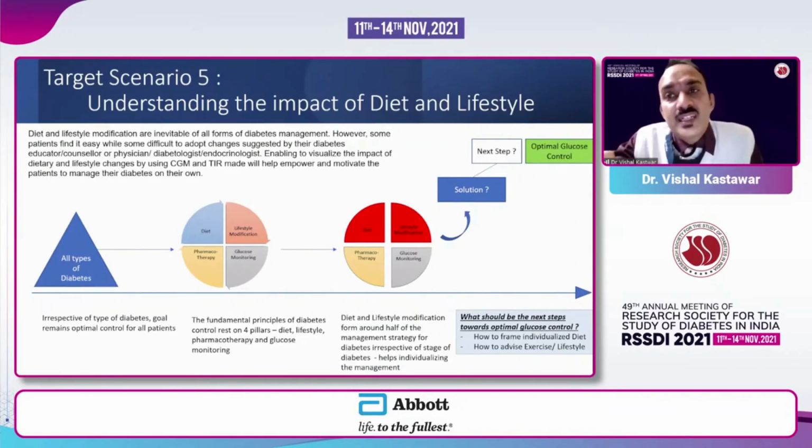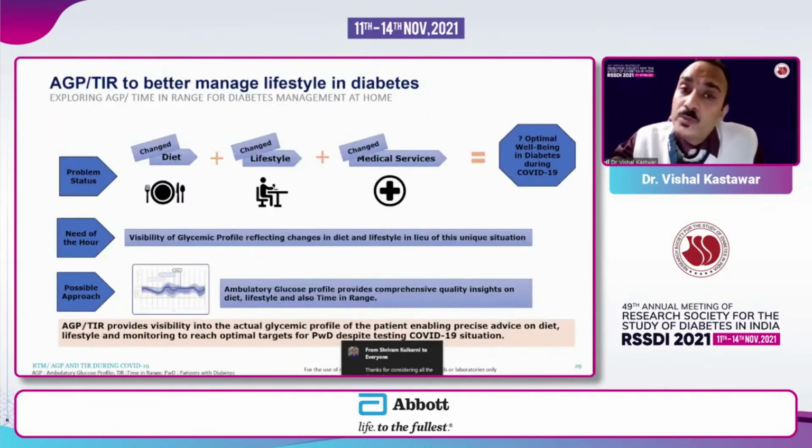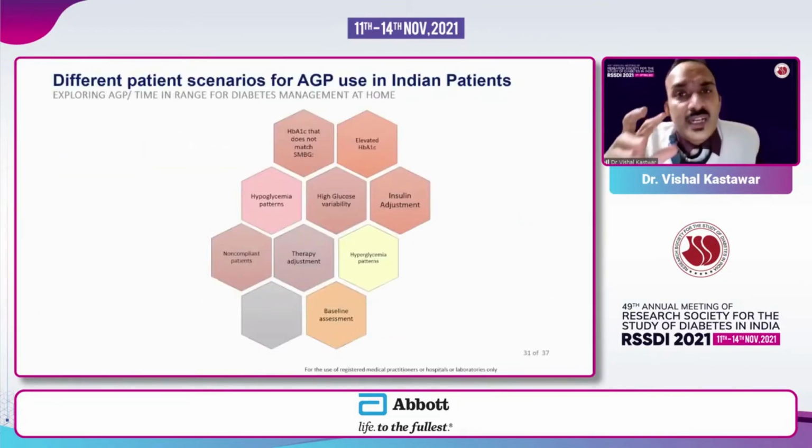And actually, we started understanding diet more. There are some patients who have more hyperglycemia because of wheat. There are some patients who have more hyperglycemia because of rice. There are some patients who do not have hyperglycemia out of fruits. So individualization of therapy, individualization of diet, individualization of lifestyle is also required. And that can be really done by using CGM and TIR. And for this, we can use the CGM and TIR to improve diet, to improve lifestyle, and to improve the patient's medicine also.